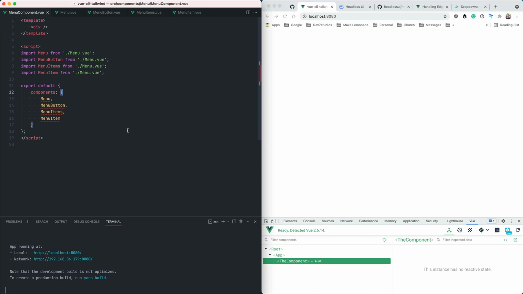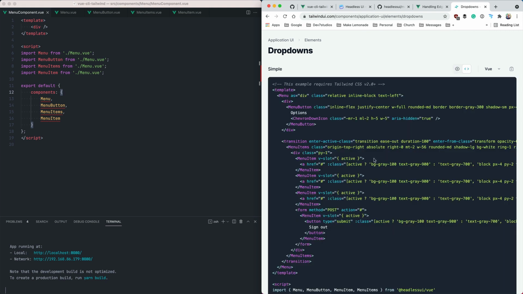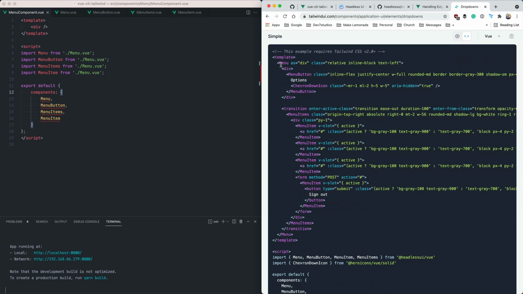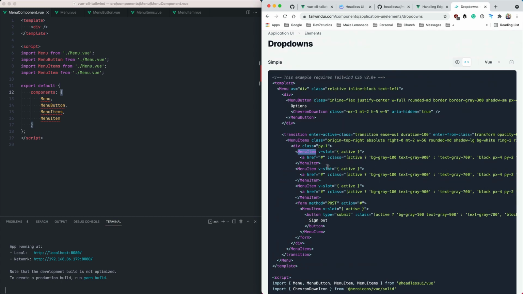So we're just going to go ahead and basically jump into this and build it out. If you look at these examples, you'll see that they have these custom components to build out these things. So they've got a menu component, a menu button component, a menu items component, and each item has its own menu item component. And all the styles can be applied, obviously, it's just Tailwind styles. So let's go ahead and